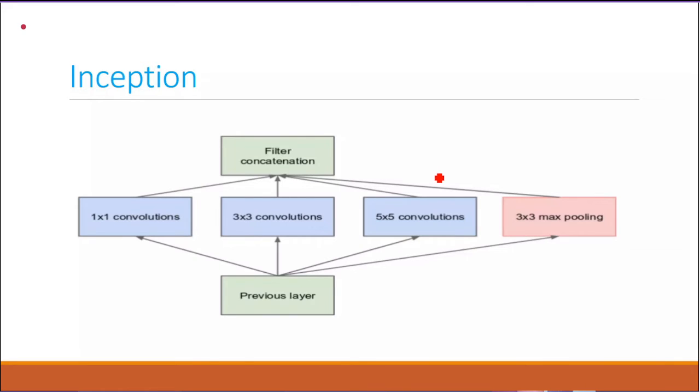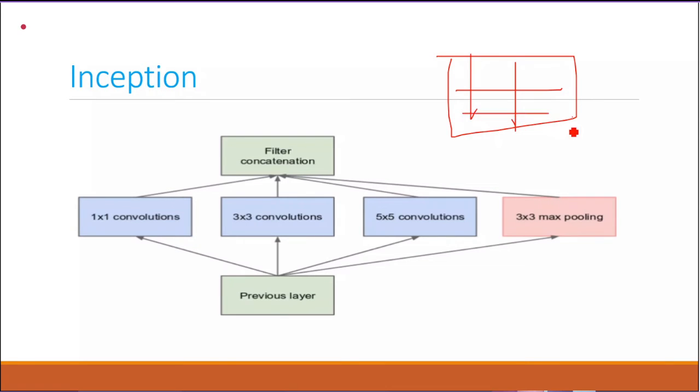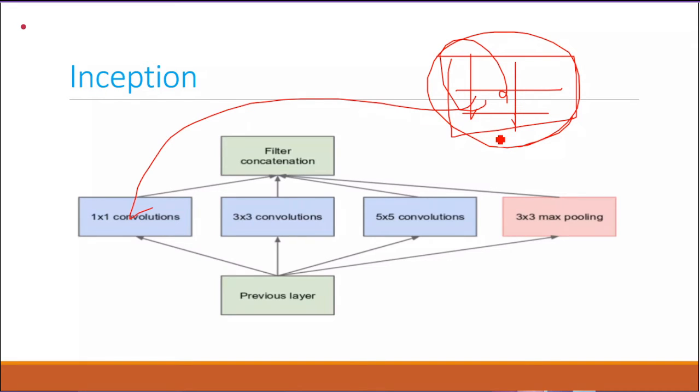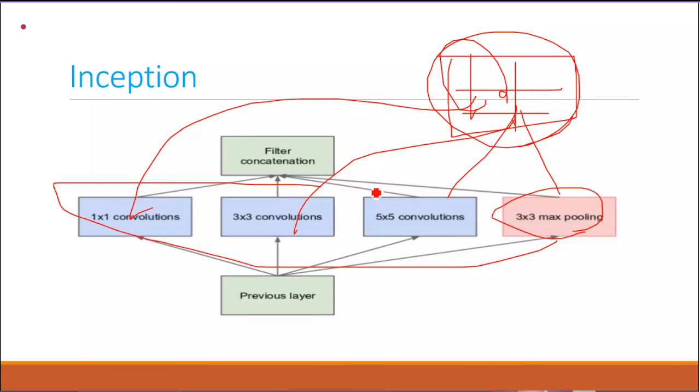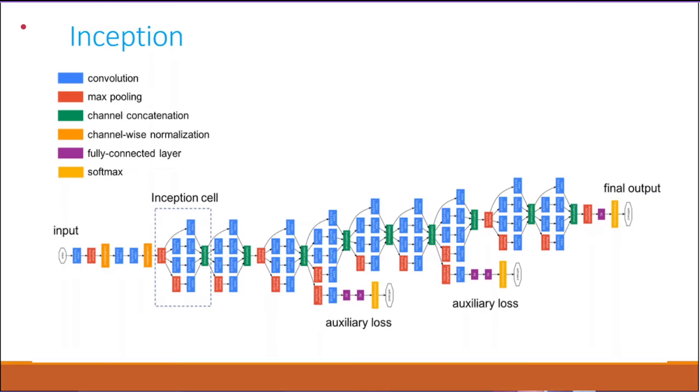So next, the inception architecture, it's a combination of filters. When you're taking a filter, I'm going to consider a 3x3 matrix filter. So this is a single filter. In this single filter, it will be a combination of all of these. So we have 1x1 convolution, 3x3 convolution, 5x5 convolution, and 3x3 maximum pooling. This combination I can call one convolution. So that is the inception merging. In a single convolution step, we have n number of convolution steps available. That is the complete inception diagram.